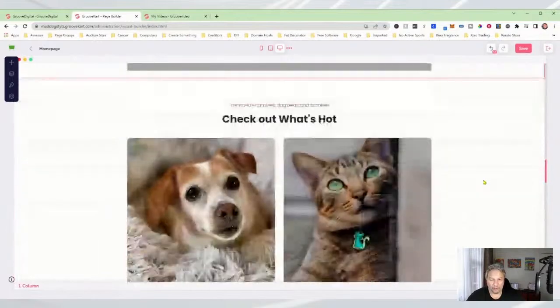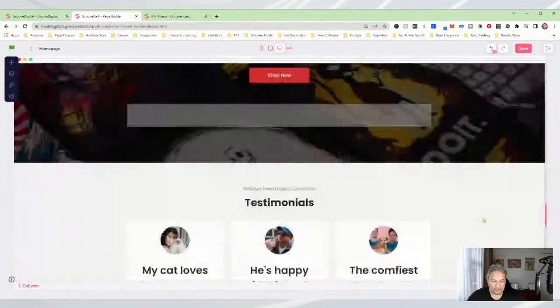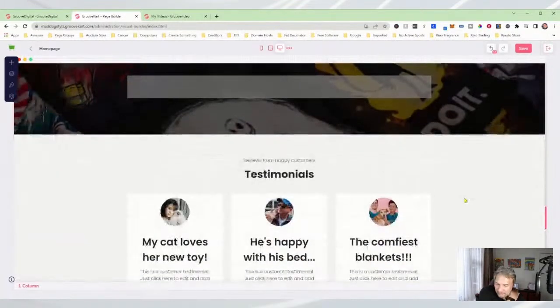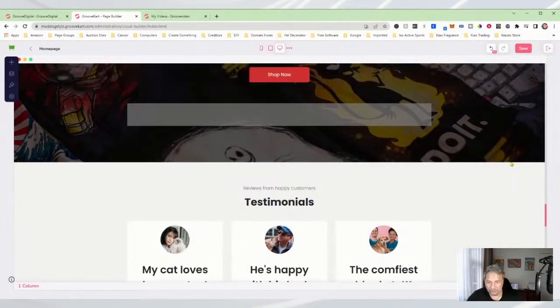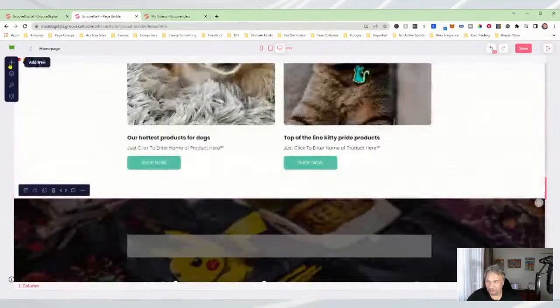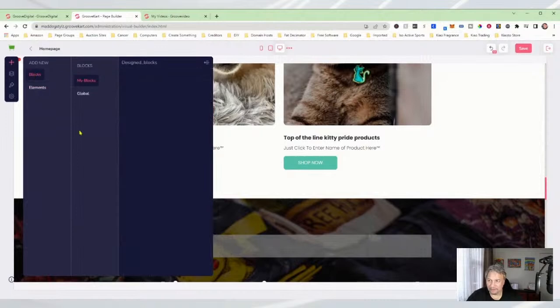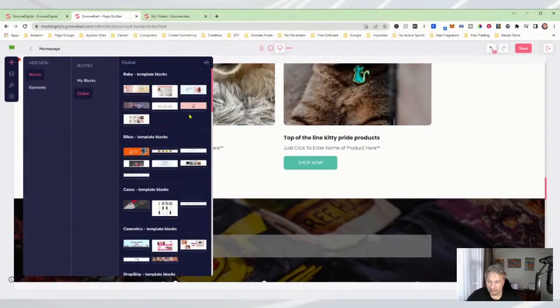You don't have to worry about trying to find a theme that is close to suitable, but probably not quite the way you want it. This is something you can actually do by just customizing it with the blocks that we've got in there. Again, go to the plus sign up the top, go to blocks, and then go to global, and then again